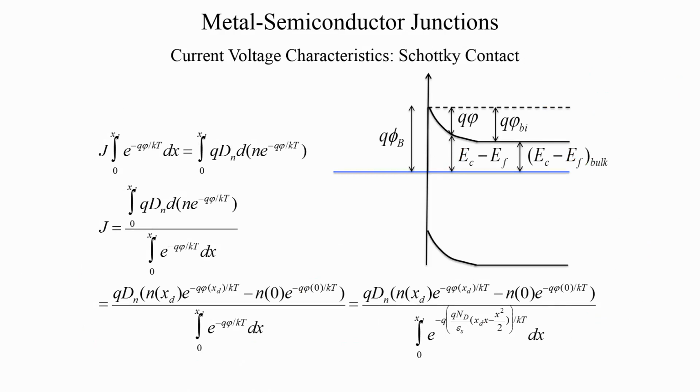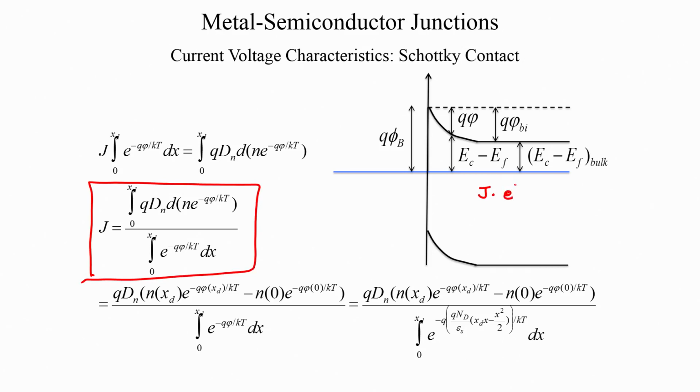So, the current density is simply, if you just integrate on both sides, you take the dx from the denominator, put it on the left side and integrate, and then rewrite the expression, keep j out, you will find that the current density is simply given by this factor here. We had seen that j